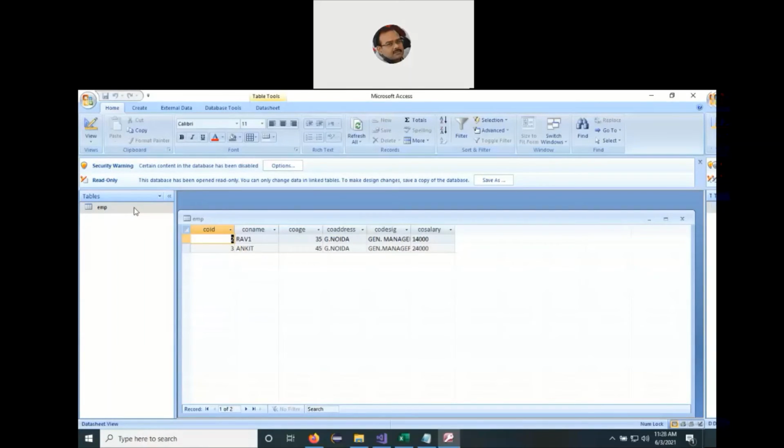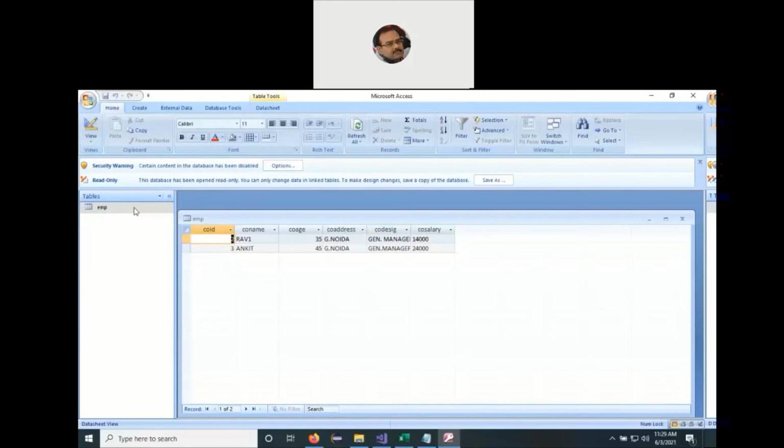So in the Microsoft Office, we'll have Word, Excel, PowerPoint. We'll also have Access. So you can open Microsoft Access and design a database. Something like what I've done here. The name is employee.mdb. So MDB is a Microsoft database. You can also have .accdb.